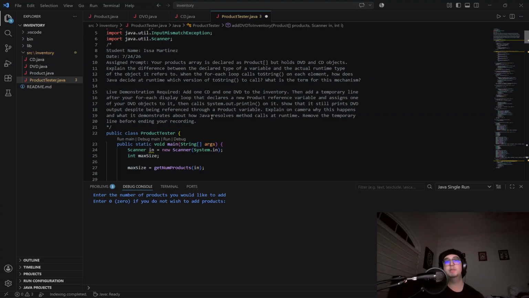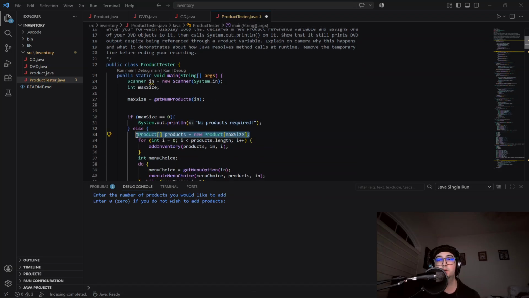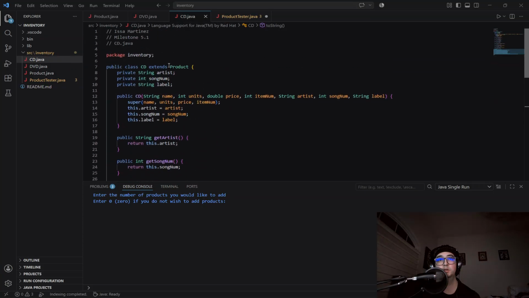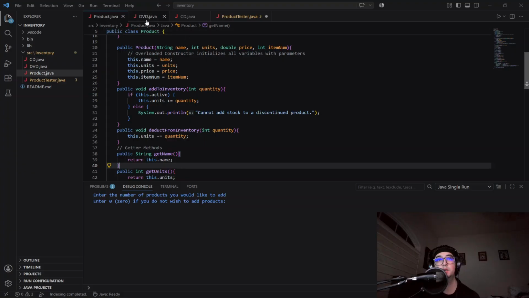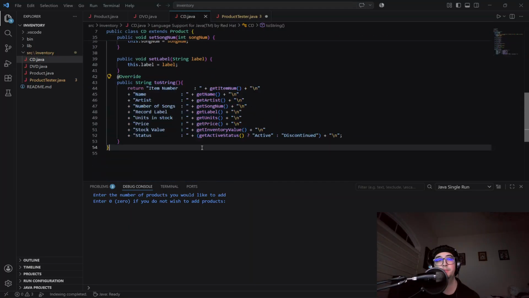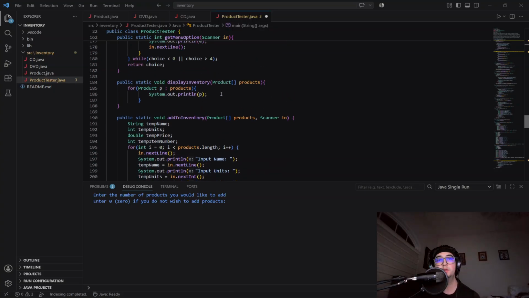So we can demonstrate this behavior, first looking at the products array declaration in main. And like I said earlier, both our DVD and our CD class structures are extending the Product class, and they're also overriding its toString method, as you can see here. Like when this for each loop runs down here in the display inventory method,